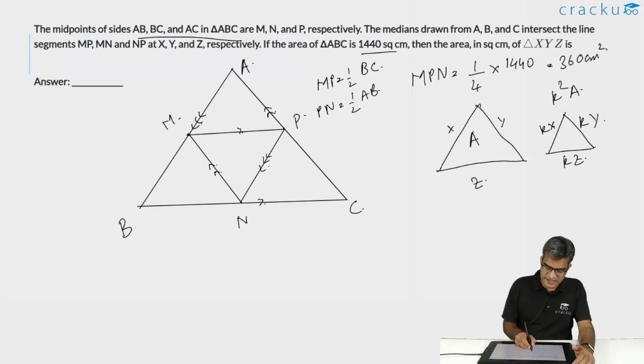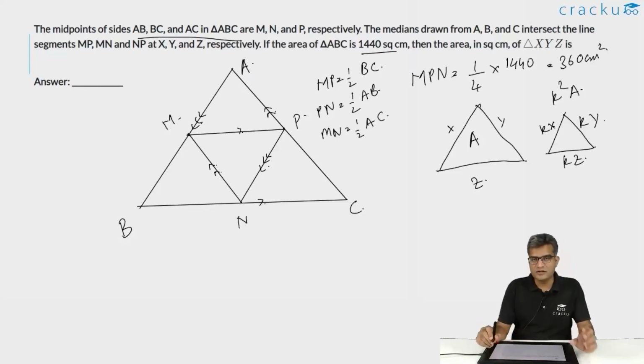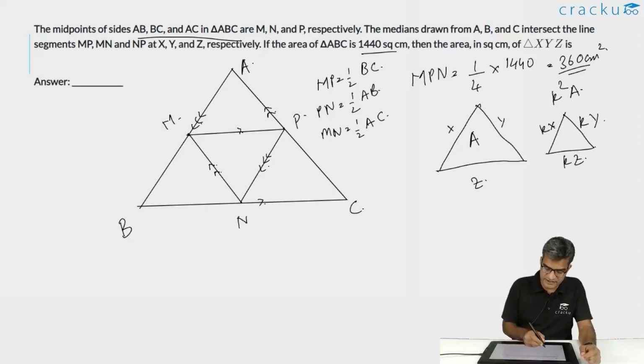We also know that MN is equal to 1 by 2 into AC. So all the three sides are half of the respective sides of triangle ABC. Therefore, the area of MPN will be 1/4 of the area of ABC, which is equal to 360 centimeter square. Now, if you just extend it one step further, because if you are looking at the points X, Y, and